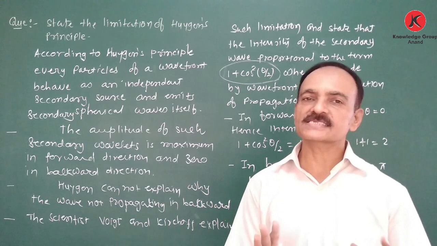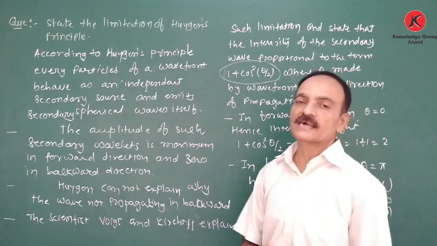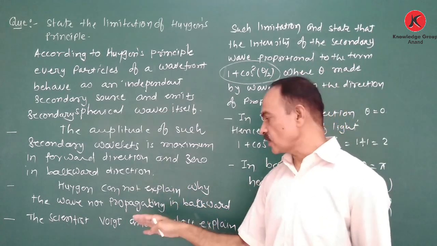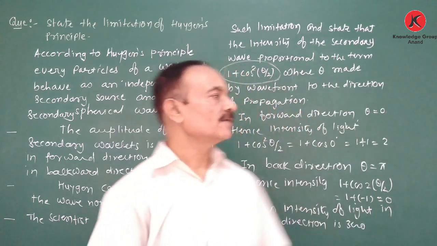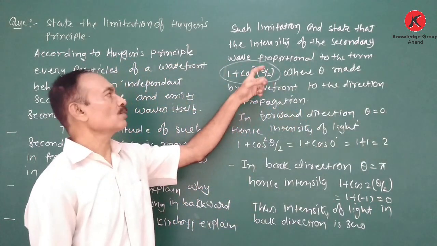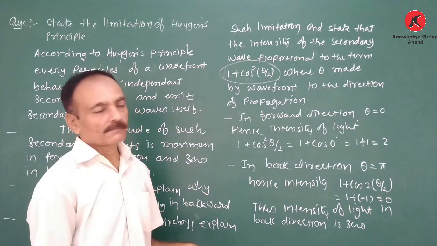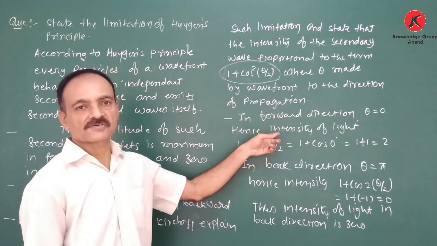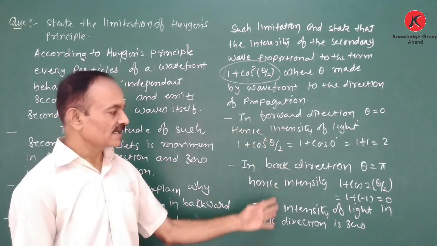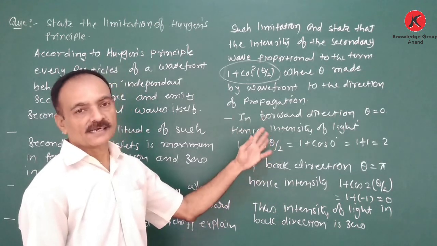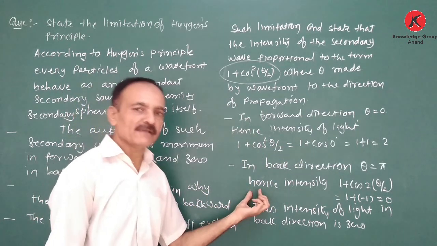That is the limitation of the Huygens principle, which Huygens cannot explain, and which is explained by Fresnel and Kirchhoff. Clear? The intensity of the wave depends on the term 1 plus cos theta, divided by 2. By considering the angle theta equal to 0 for the forward direction and theta equal to pi in the back direction, we get the intensity of the wavefront maximum in the forward direction, while in the back direction it is